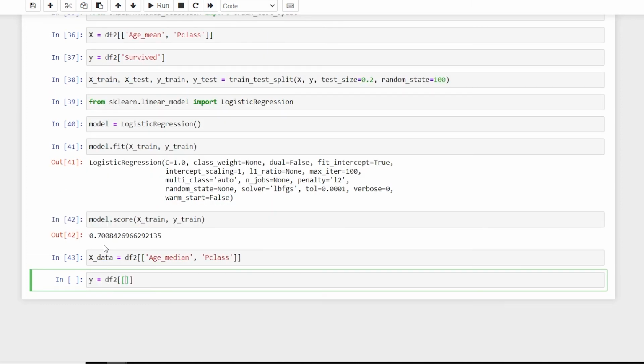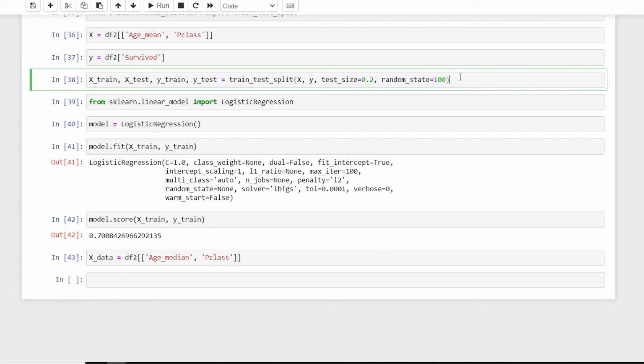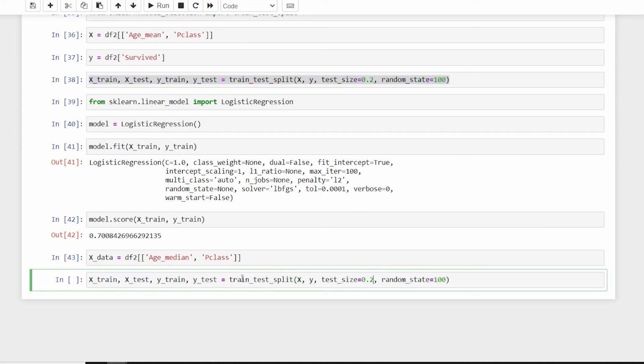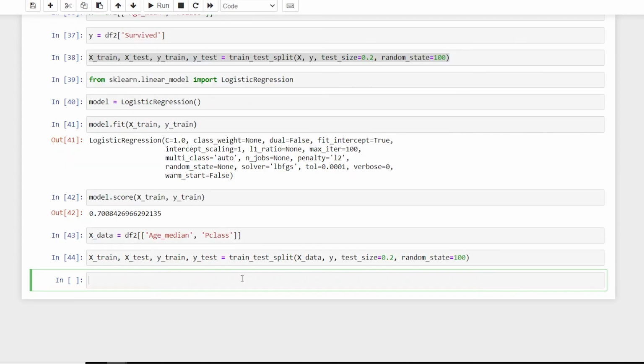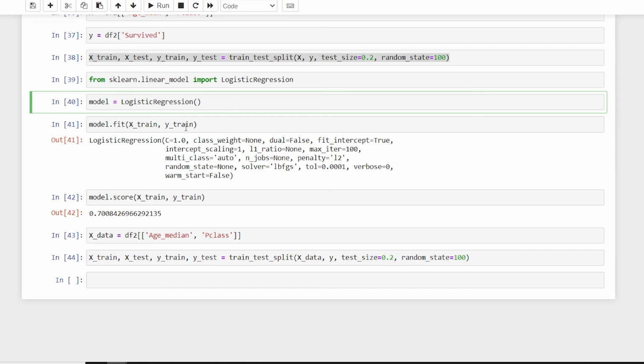Okay, so there are obviously a lot of things that you can do, not necessarily. So I'm going to use the upper one itself. And the way I'll do it, I'll just copy this one, so I don't have to type over and over again. And in x, I'll say x data. All right, and we have it. And model, I already have it.